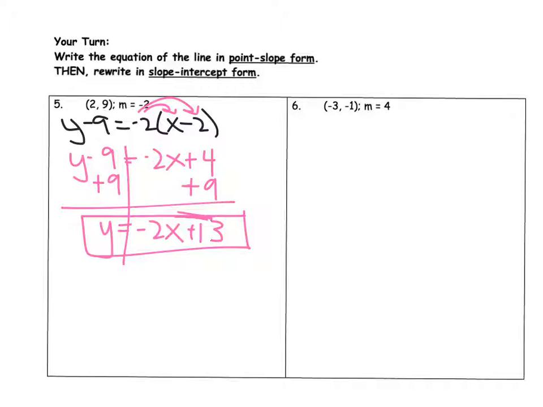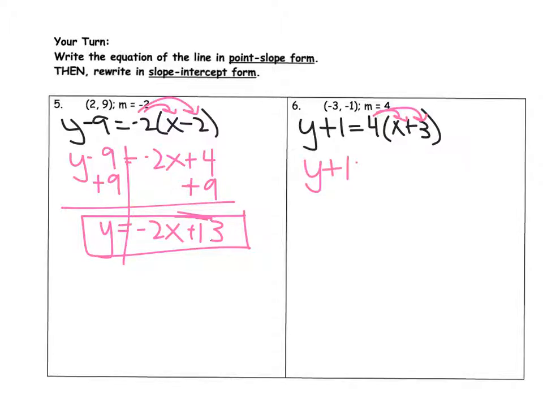Again, I have a slope and a point. I'm going to first write my equation in point-slope form, which is y plus 1 is equal to 4 times x plus 3. Now, the reason I just wrote plus 1 is because minus a negative 1 is really like saying y plus a positive 1. It's in point-slope form. I need to convert it into slope-intercept form, so I'm going to distribute my slope into